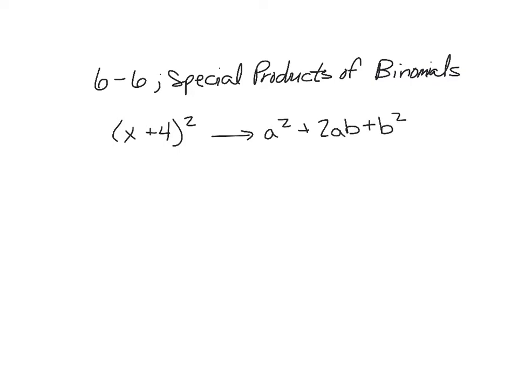What this says is that your first term is your a, your second term is your b, and you can just substitute those in. So you would get x squared plus 2 times 4,